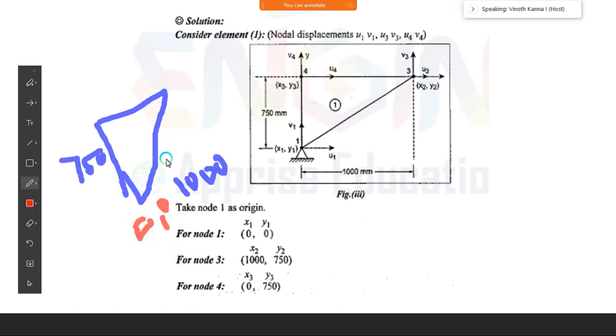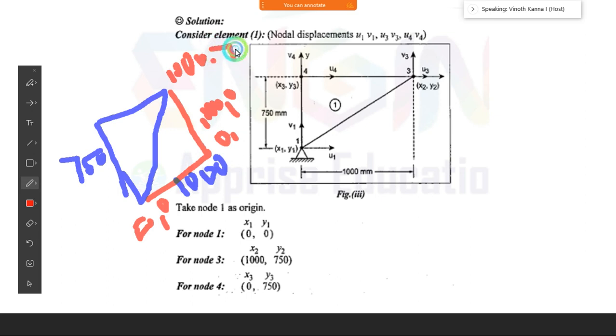Whereas here, you may consider the total square box. Then it is easy. This is 1000. So the second point: x is a motion, that is 1000 motion in the x direction. There is no motion in y. So what you do, you have to write the value as 1000, 0. That is for the second point. Whereas for the third point, x direction 1000 moving, y direction 750. So 1000, 750 you have to write.